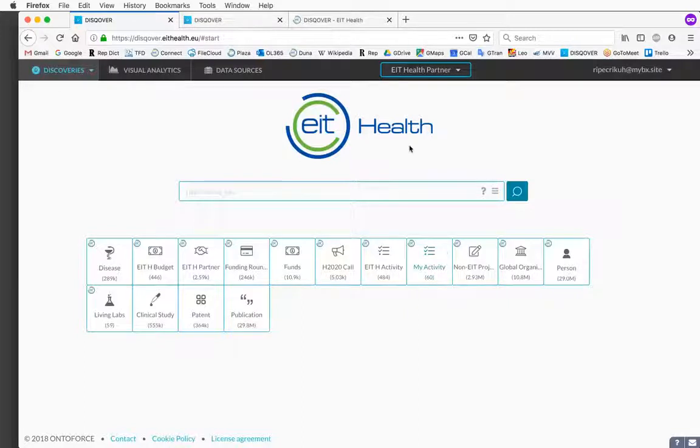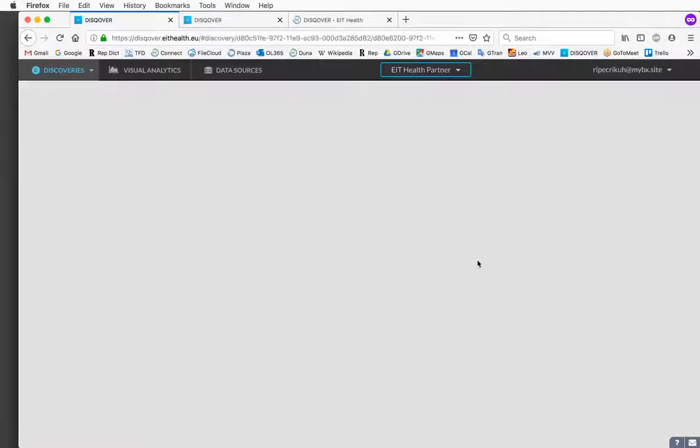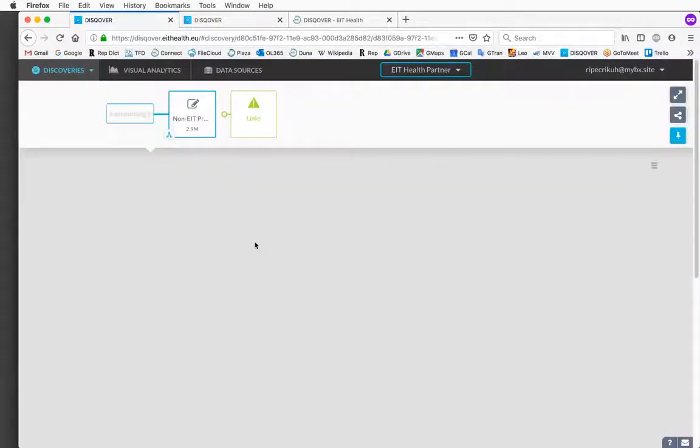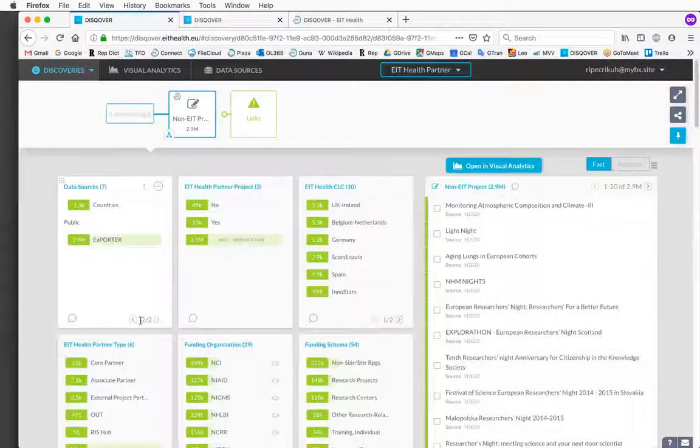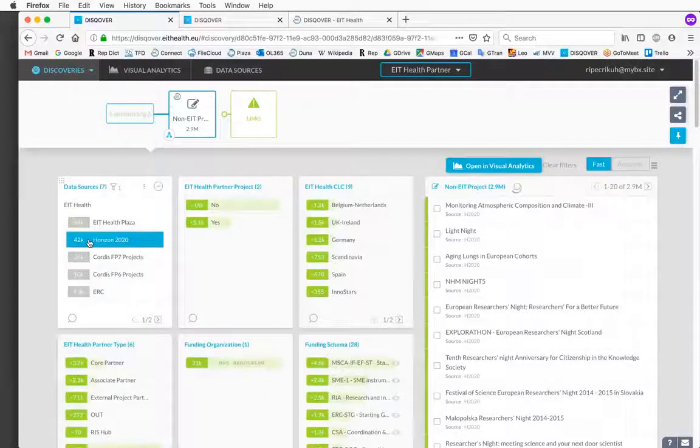So how would we proceed in this case? Let me restate. We are looking for Horizon 2020 programs related to health and aging with the core partner from CLC Scandinavia. So the type here is this one, non-EIT projects. It has almost 3 million projects from a variety of sources that you can see here, mostly they come from exporter. So let's say now I want to select Horizon 2020,